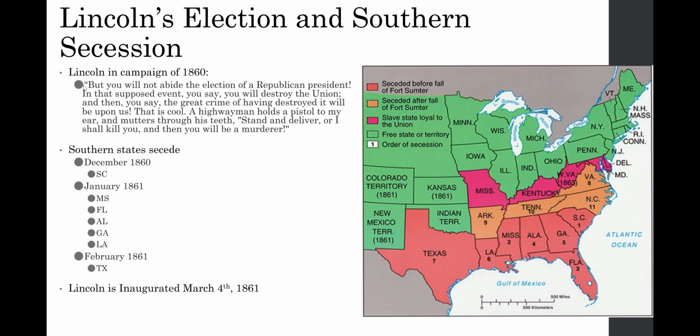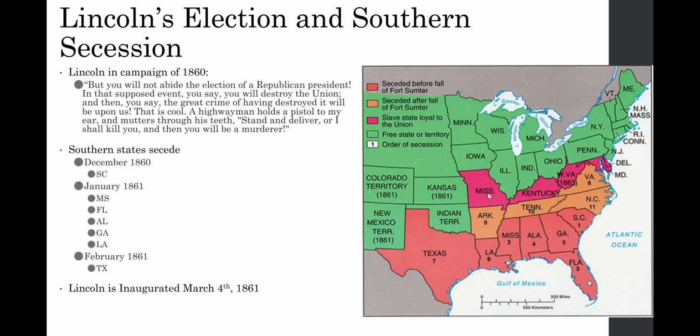So the South is really upset about this. They feel like this is the last straw. We're completely powerless politically now, and we're going to lose all our power. And eventually, Lincoln's going to want to get rid of the slaves, and the Republicans are going to force that on us. And this is terrible. So in December, right after the election, South Carolina secedes. Then in January, Mississippi, Florida, Alabama, Georgia, Louisiana secede, and then in February, Texas. And then Lincoln is inaugurated on March 4th, 1861, and you have Arkansas, Tennessee, North Carolina, and Virginia also leave at that time. And the Confederacy is kind of like born at that point.